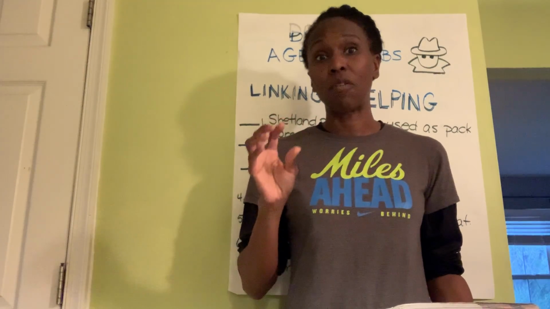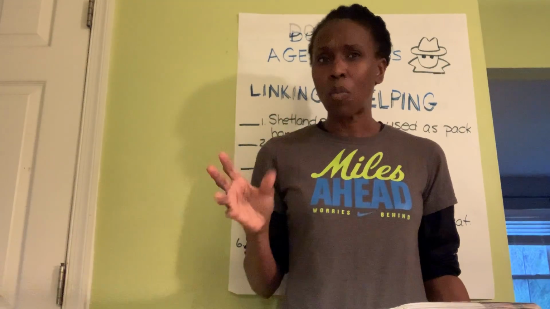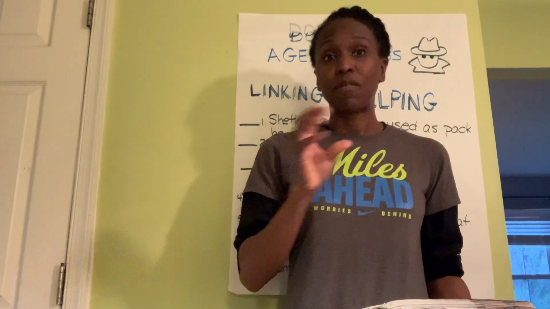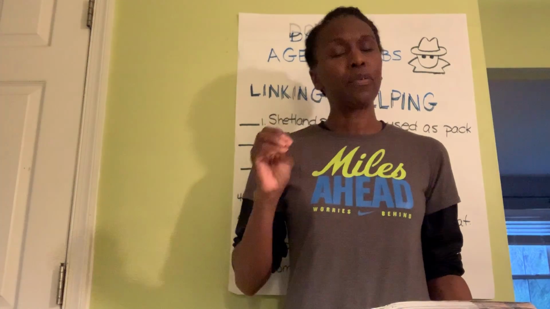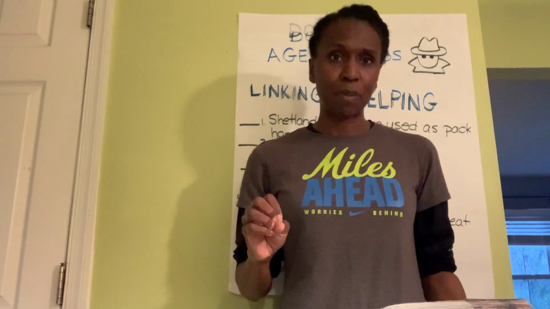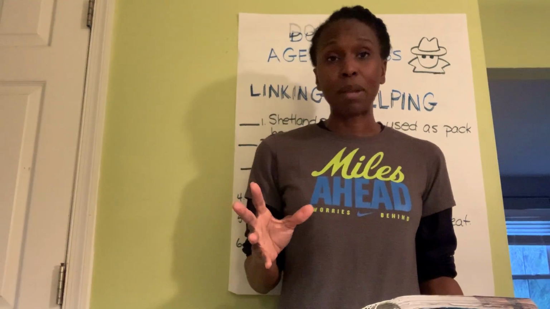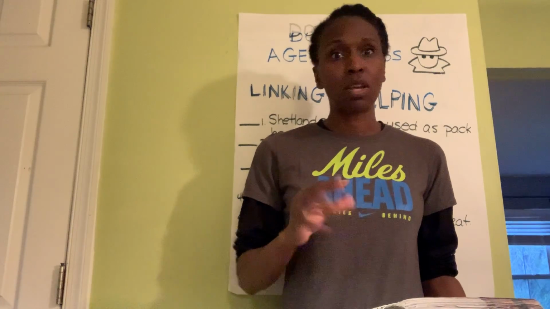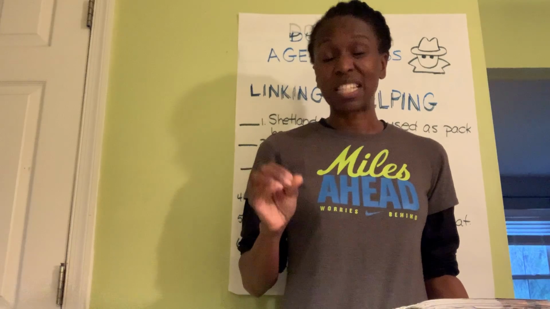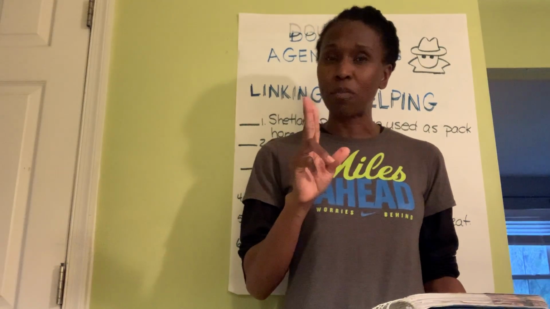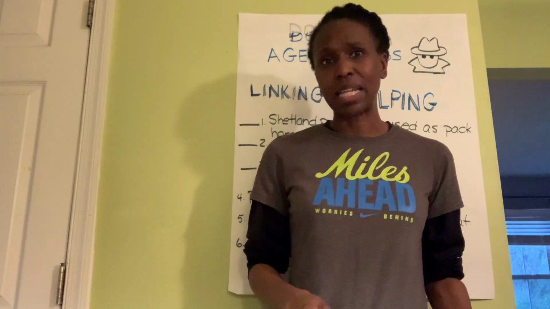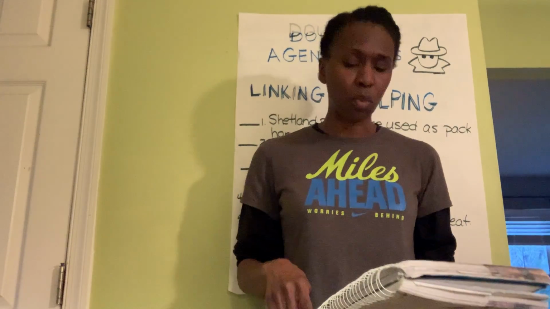And then also something else that we'll be working on is making sure that our subject and our verbs agree. And remember, when we're talking about agreeing, we're talking about in number. If your subject is singular, your verb must be singular. If your subject is plural, then your verb must be plural. We know most subjects are made plural by adding s. Verbs are the complete opposite. Most of the time when verbs end in s, it's singular. So that when you have your subject and verb combination, usually 9 times out of 10, only one of them is going to end in s. Okay, so that's something else we're going to be working on as well.